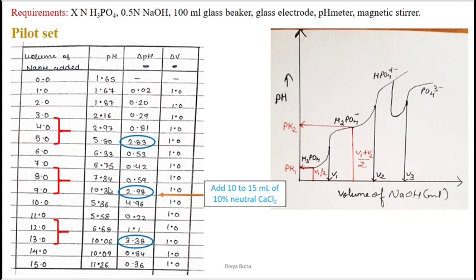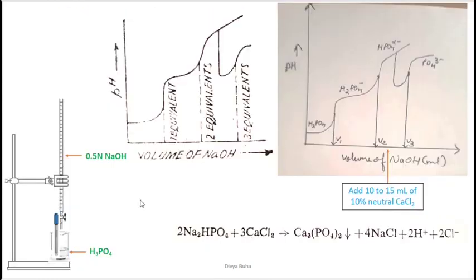You can see over here the pH is still acidic. After that, again you need to keep on adding the NaOH. You will be getting the second jump, and at the second jump the pH would be mildly alkaline. Over here, due to the pH break, there is a sudden change in the pH values. But before the jump, the pH is mildly alkaline, it is 7.34, right?